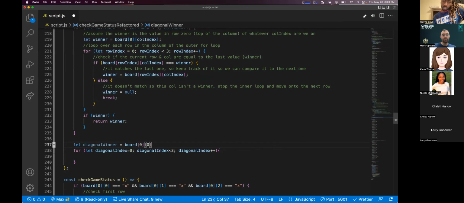And if the board diagonal index, and this is where your brain's going to hurt, diagonal index is equal to the diagonal winner, then set our diagonal winner to the current index that we're on.